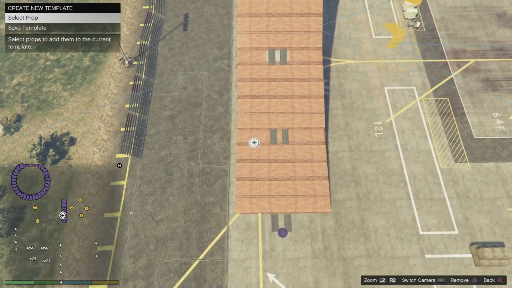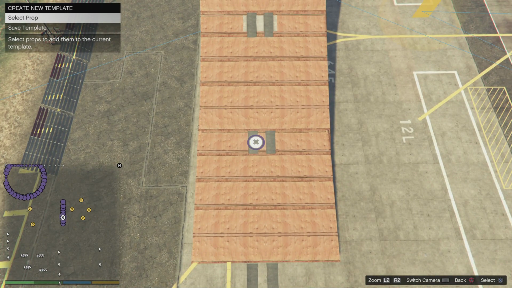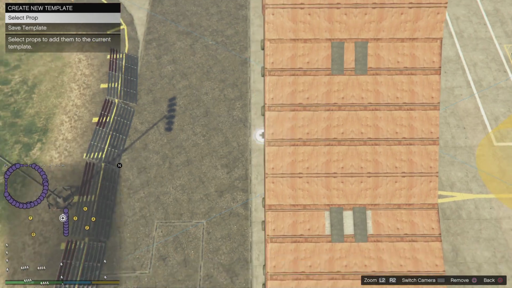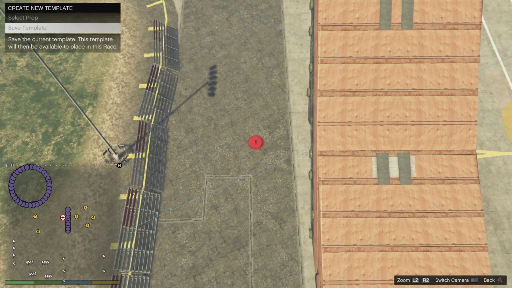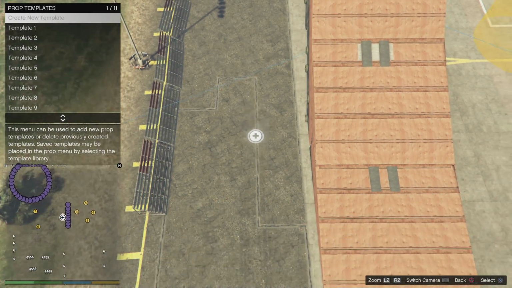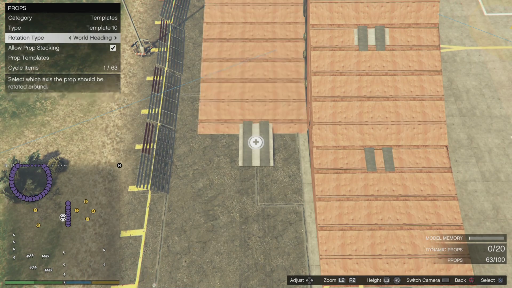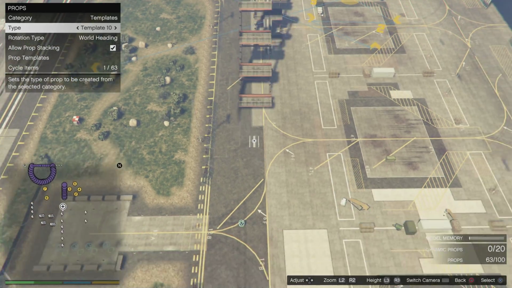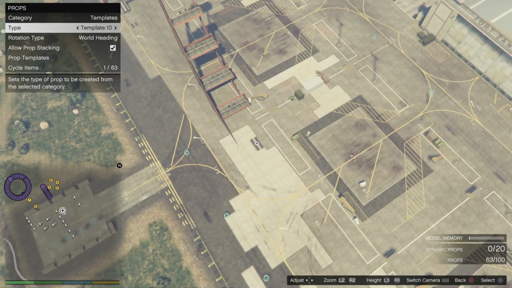You can see, now if I go over here, that gives me the option to save that ramp to the template, but I don't want these ramps saved, so I'm going to ignore them. I'm going to save template. Now, go back to props. You can see I got